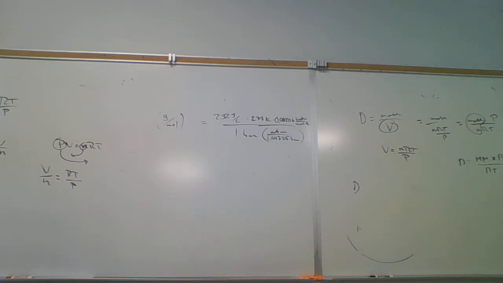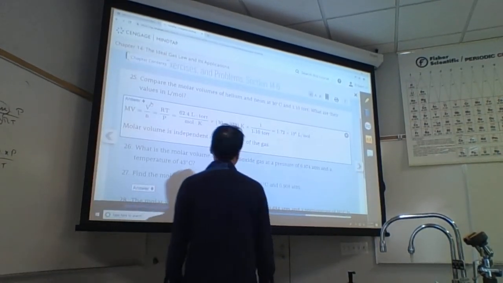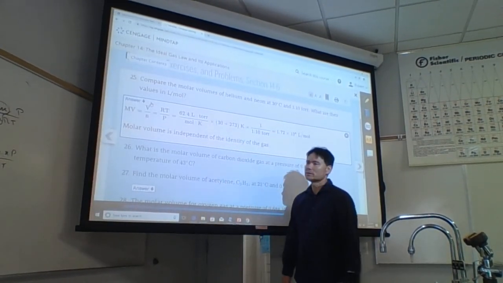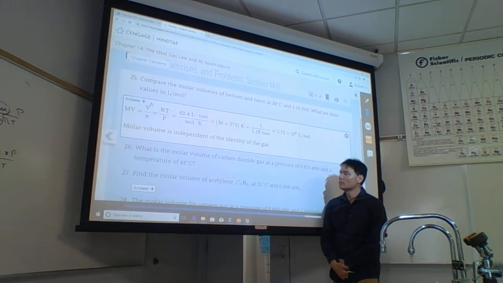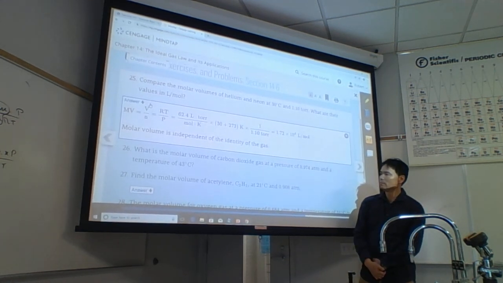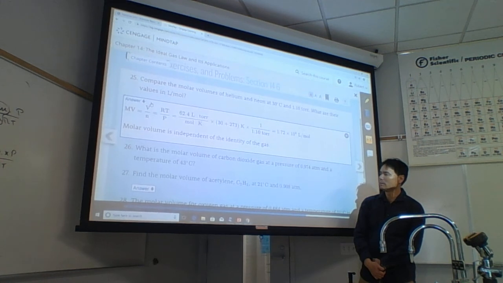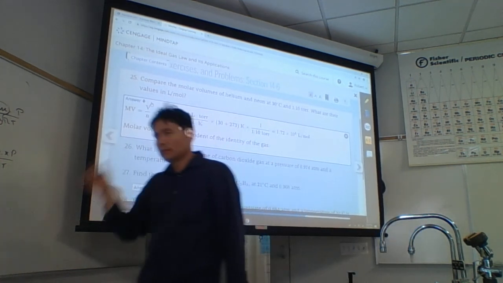And so the molar volume of helium and neon should be the same, molar volume does not depend on what the gas is. It could be neon, it could be hydrogen, it could be oxygen, it could be air. It's always the same. It only depends on the temperature and the pressure. So what is the molar volume of carbon dioxide? This is why the molar volume is a useful number to memorize at RT and P. And so we just plug in. You can calculate the molar volume for